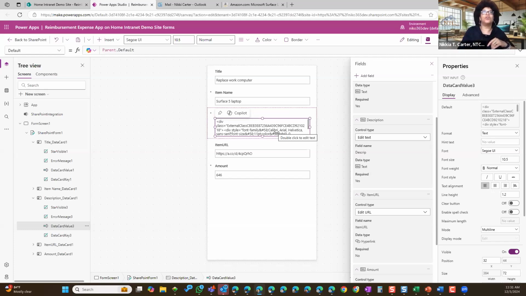It brings over all of the formatting code that comes with it. There is a way to get rid of this and make it look nice and pretty the way it should look. But for now, because we're just doing a simple demonstration, I'm going to leave this the way it is at this moment, but we will clean this up in the next session.